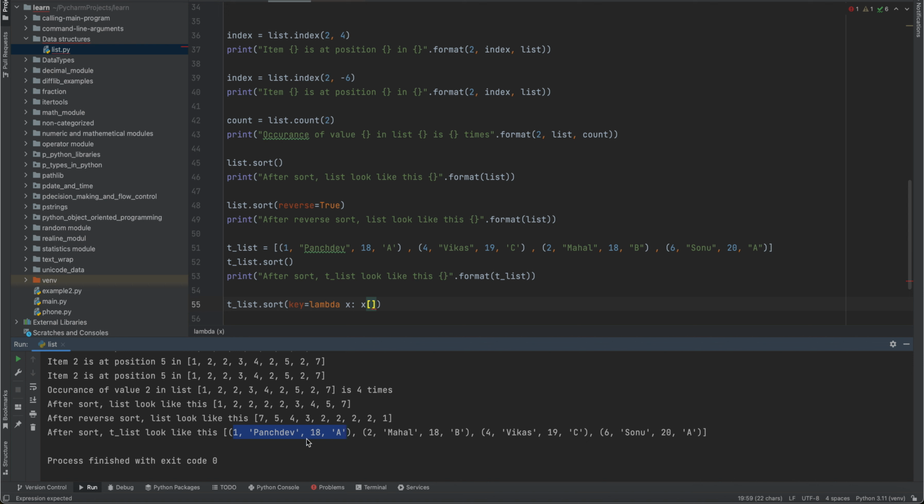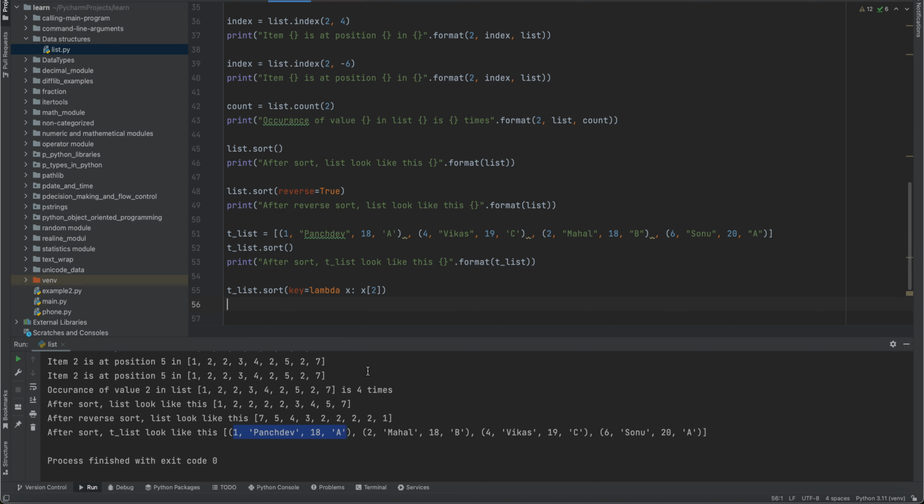Let's say I want my sort based on grades, so I need to provide x of 3. So my sort will be based on grades, so my output will be A, and then this A, and then B, and then C, and let me print